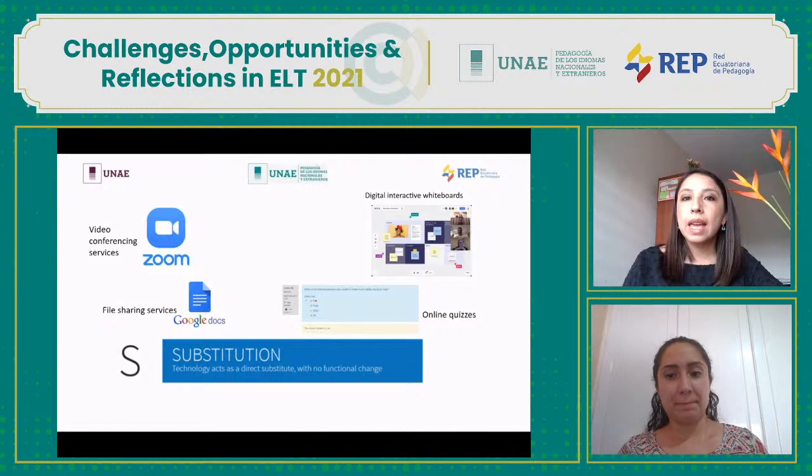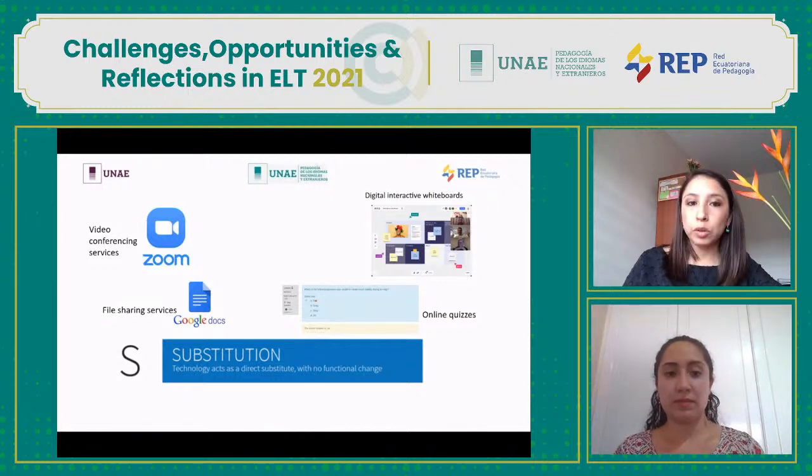learning experience. As you can see in the slide, we have some examples of tools that can be used at this substitution level. The first one is Zoom. It's holding class meetings over video conferencing services like Zoom, Google Teams, or Skype. Another app or website that can be used is Google Docs.